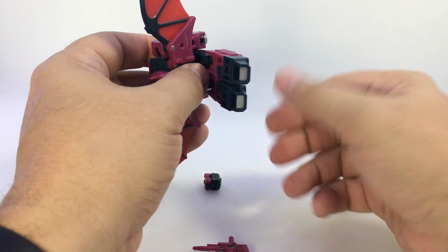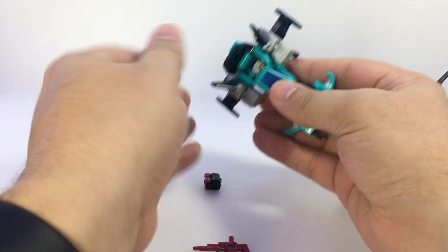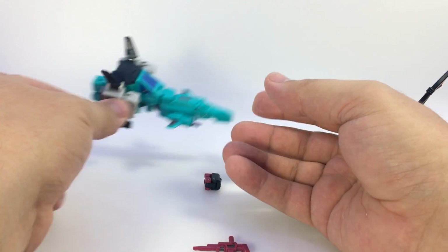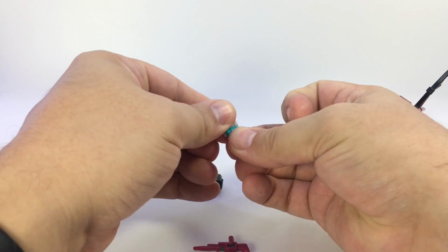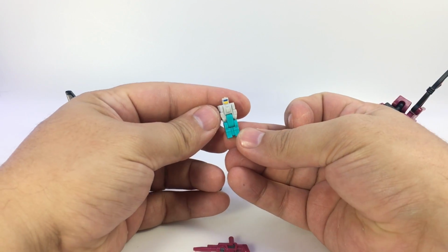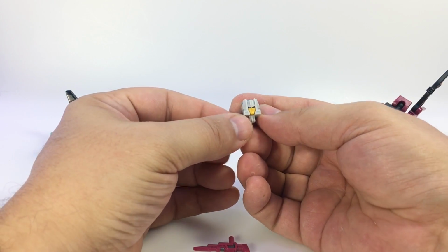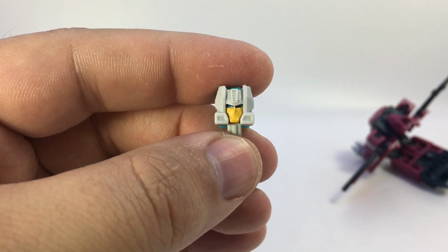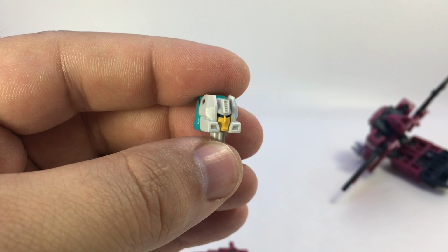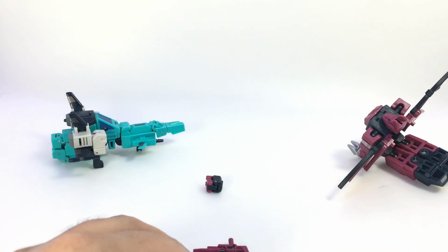So we'll go ahead and transform Naughty here. Well, actually, let's get Blue Cat's little head guy out. His little Arcana. And again, he's a little robot, folds in half to form the little head. I don't know if you can tell, but his colors and his face are based on the Japanese version, where he had a mouth and not a faceplate, and he had some of the darker gray/black plastic on him, or paint drops. But yeah,